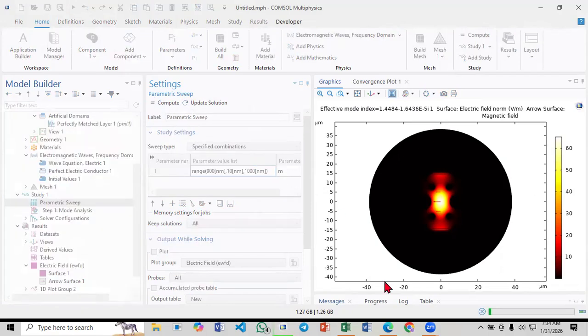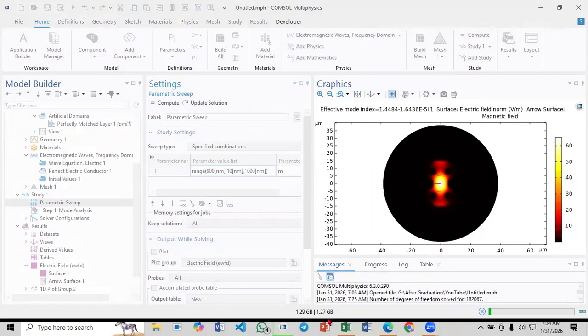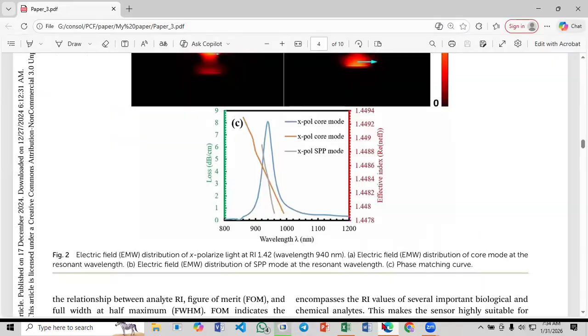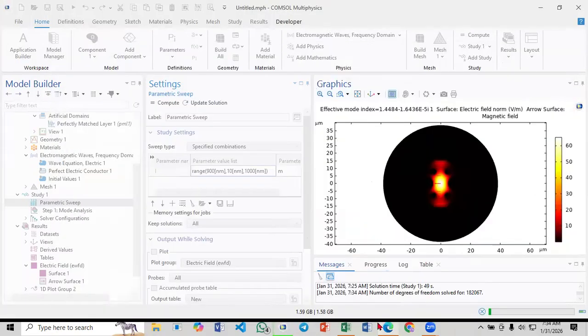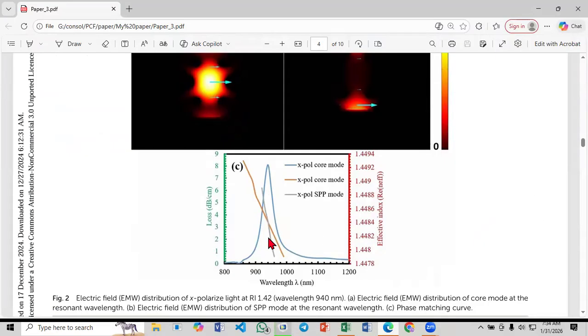It will take 2 or 3 minutes maybe. So now the main thing is the model is simulating. The main thing is we are simulating this model and we'll reproduce this model, but the problem is here